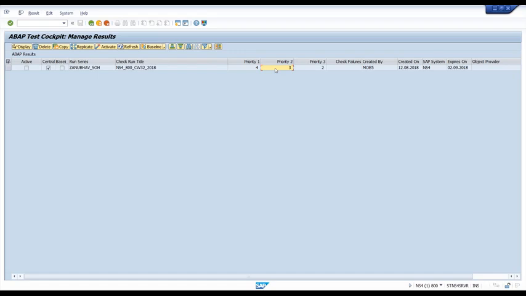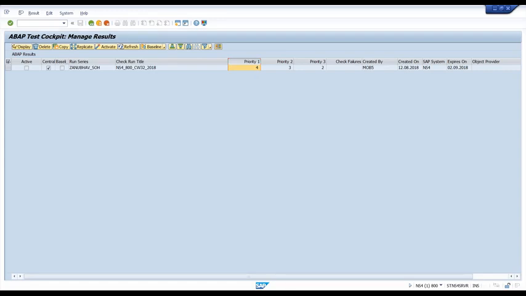priority 2 findings. Typically in a real project, we only care about P1 and P2 priorities. We can ignore P3 priorities for time being. We only focus on P1 and P2. This has to be fixed. P1 and P2 have to be fixed, P1 you must fix it.